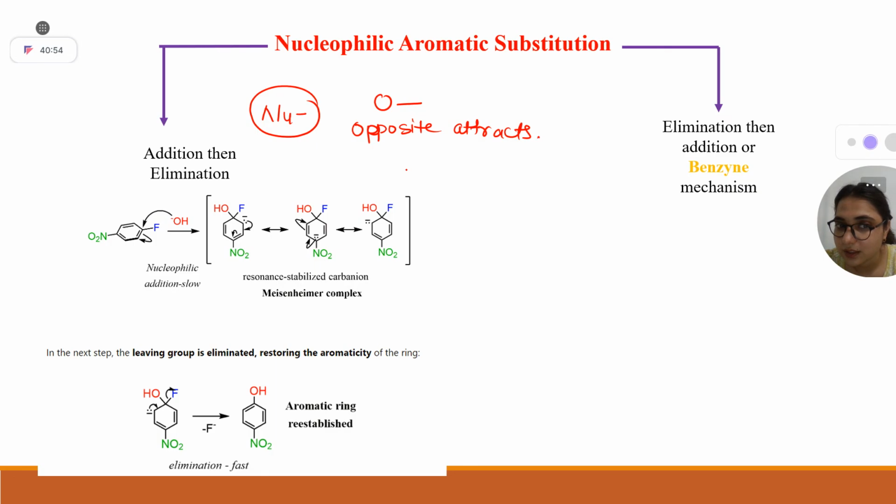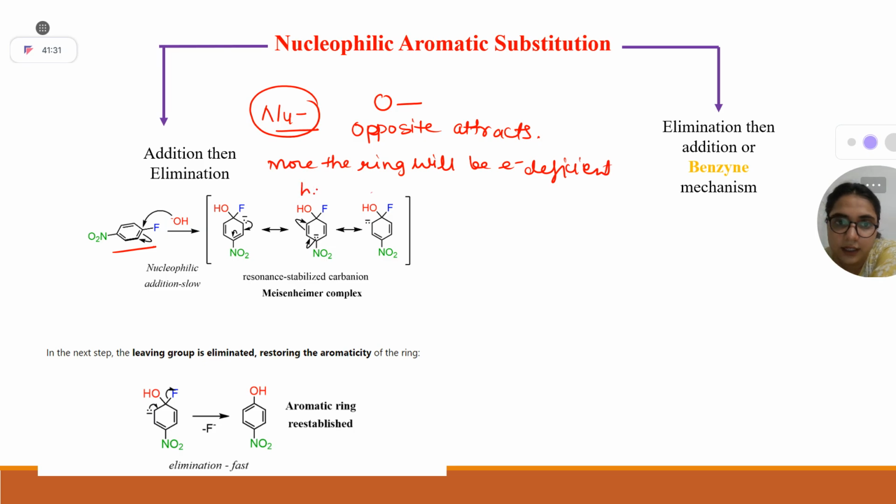Electron deficient. Electron rich. Someone told me electron rich. How? If you are inviting an external nucleophile, listen, the nucleophile is electron rich, so your benzene should be electron deficient. Let me write here: the more the ring is electron deficient, higher is the rate for